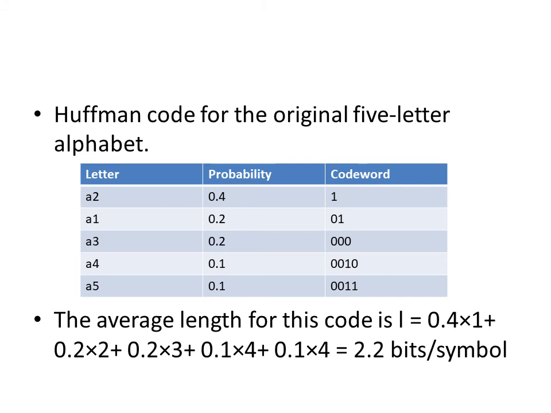Now, after having generated the code words, you have to calculate the average length of the code. Okay, that is given by L. So, what I have to do is start from the highest probability and move towards the lowest probability. Now, the highest probability is 0.4, so I multiply it with 1. Then comes the next probability, 0.2, so I multiply it with 2. Then comes 0.2 at the third level, so I multiply it by 3.